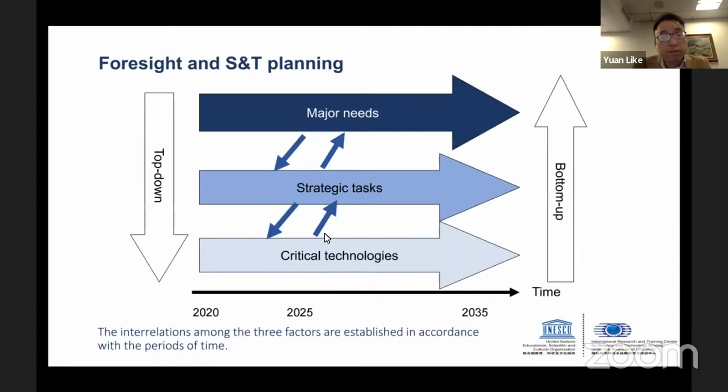This is a figure about the relationship between the foresight and science technology planning. The top-down will stress the guiding roles of government in selection, concentration on the country's future development needs, while the down-up will emphasize needs